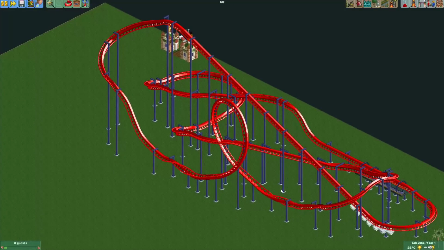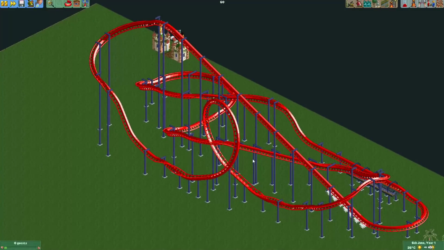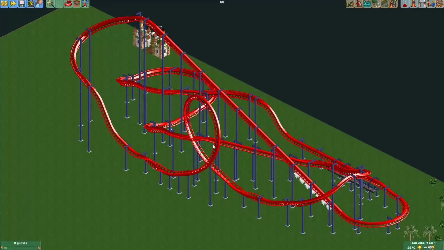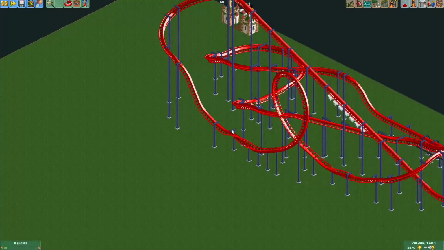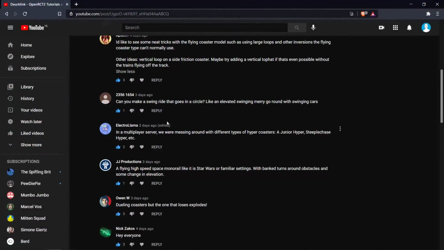Yeah, that's how you add elements to the flying roller coaster which you normally cannot use. I've also used it on a twister roller coaster one time to add a corkscrew to it. So yeah, lots of stuff possible using this method. Okay,